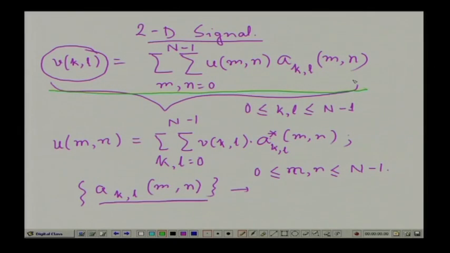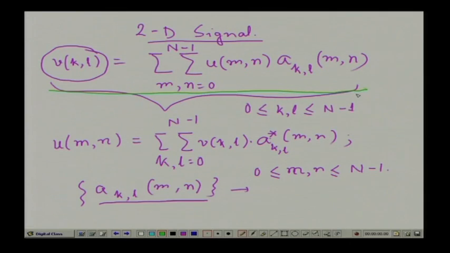That means, m will vary from 0 to capital N minus 1, n will also vary from 0 to capital N minus 1. So, to compute this V k l, for every V k l, the number of complex multiplications and complex additions that has to be performed is of the order of capital N square. And you remember that this has to be computed for every value of k and l,